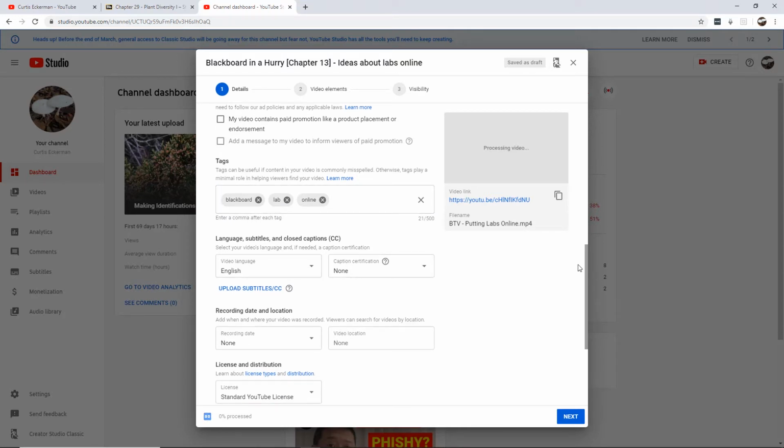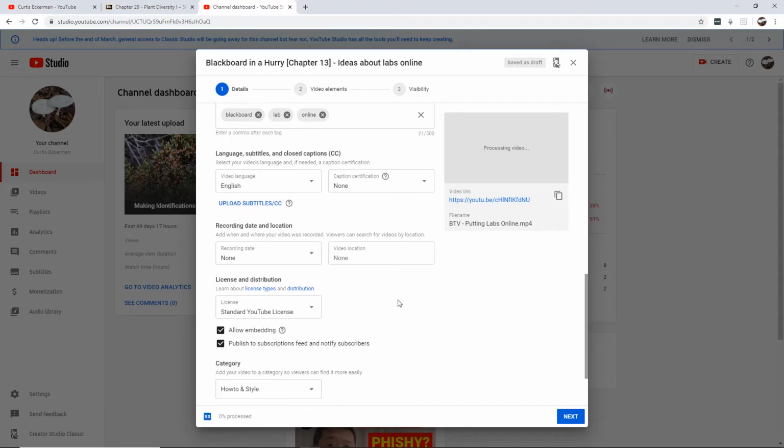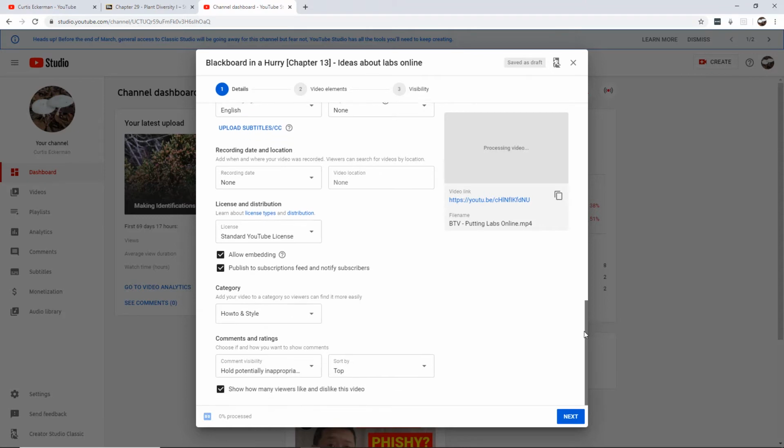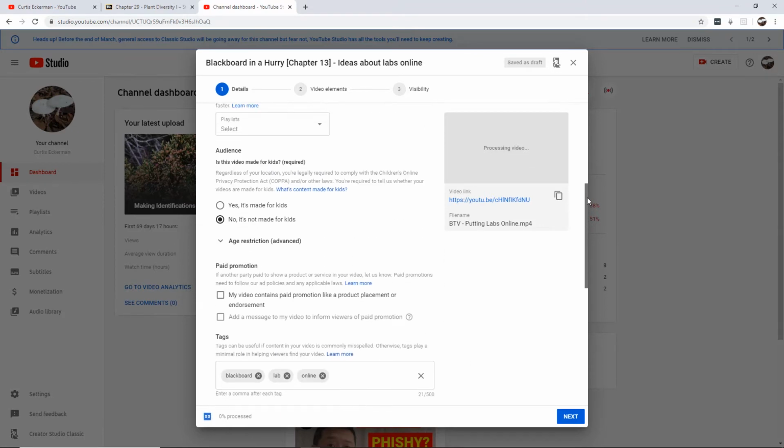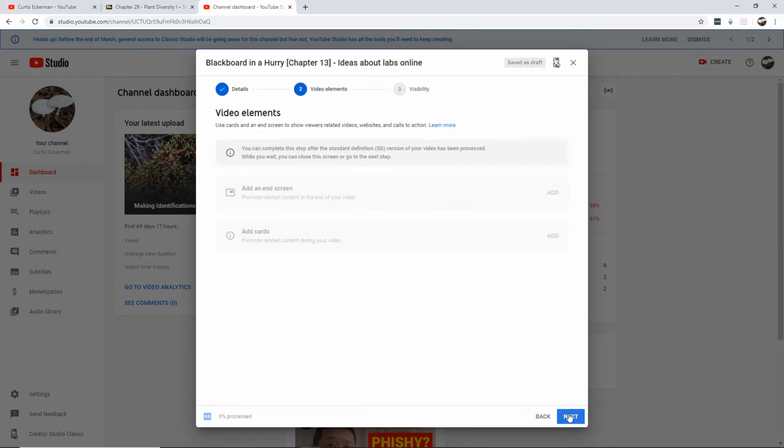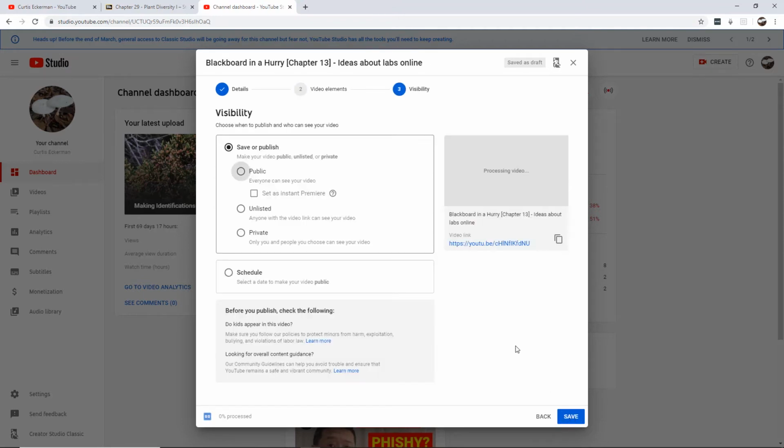All right, I'm going to leave everything else. You can of course change your licensing depending upon your preferences for the material that you are using, but I'm going to leave everything else in place. I'm going to hit next, and again, there's some fancy things you can do by adding an end screen, adding cards. I never really bother with those myself. Certainly something that you might think about. I'm going to hit next,